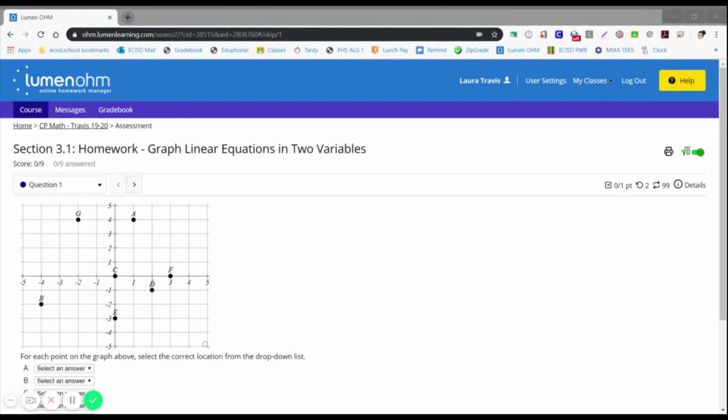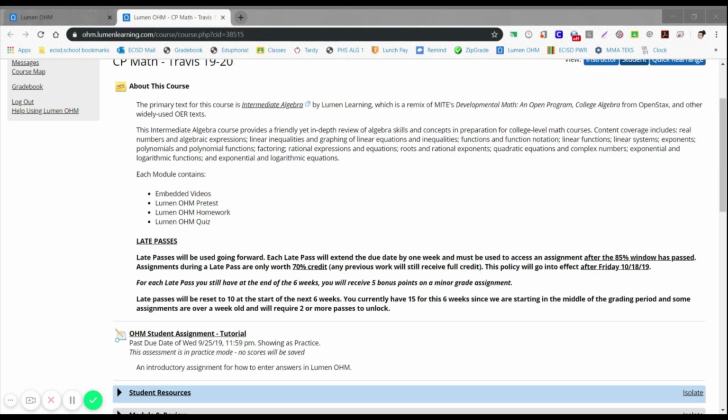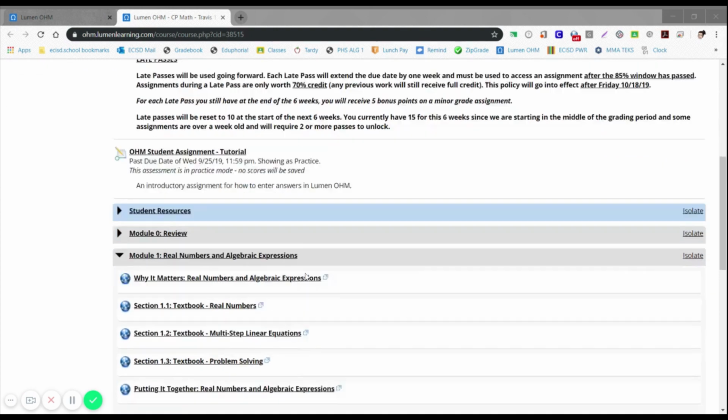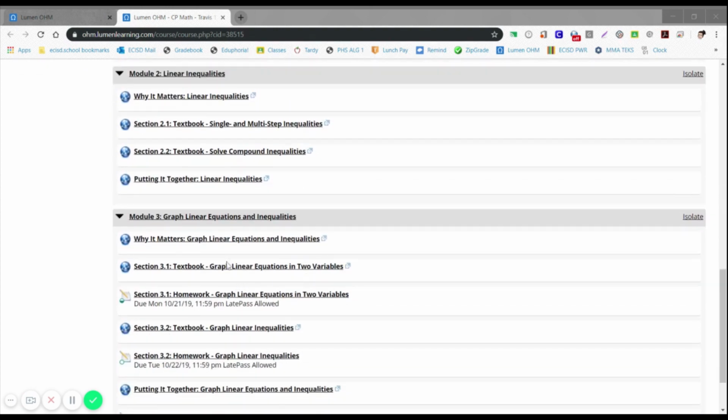This first problem is very simple. It just wants to know which quadrant or axis each point is located on. If I go up and right-click, if you're using a Mac or Chromebook, click with 2 fingers to right-click, on the course title up here, I can open it in a new tab. Then if I switch to the new tab, I can scroll down and find the textbook link for this assignment. Click on that,